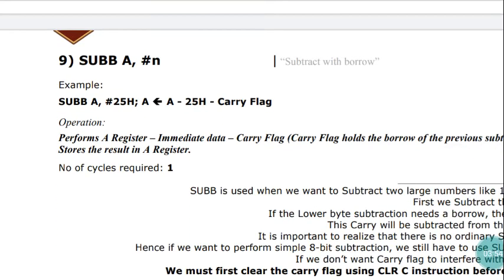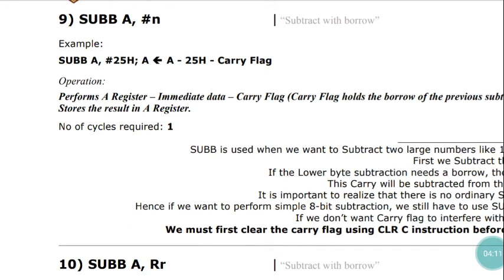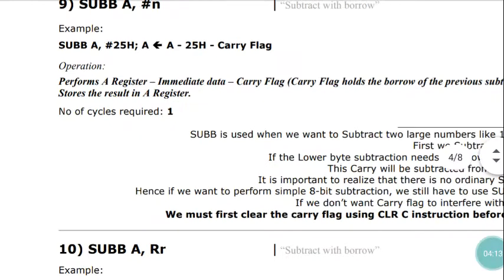Next, coming to subtraction, here we have only SUBB. There is no SUB in 8051 microcontroller. It is subtract with borrow. Here subtracting between the value present in the accumulator and the immediate value. Hash represents it is the value, as the value is given directly in the instruction, so it is the immediate addressing mode. If you see the example, SUBB A, #25h, we are subtracting A minus 25h and also the carry flag. Here borrow is nothing but the carry flag only. For borrow and for addition carry, both will be only the carry flag. Here subtracting A minus 25h minus carry flag, and the result will be saved into the accumulator.